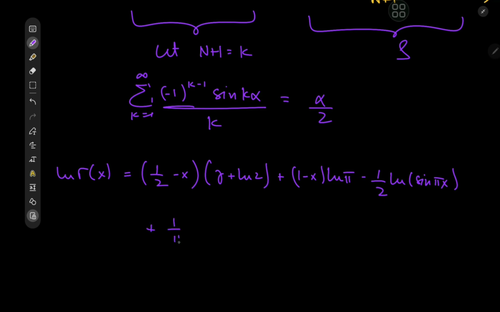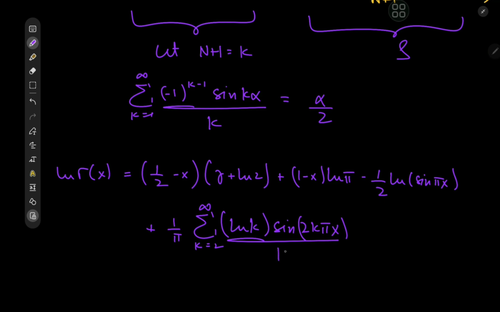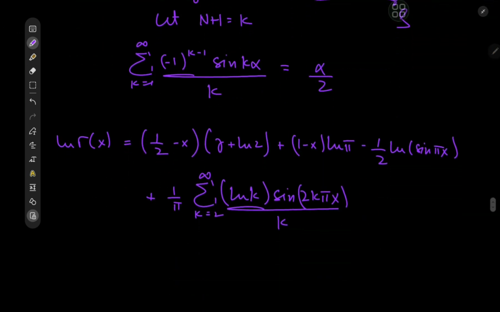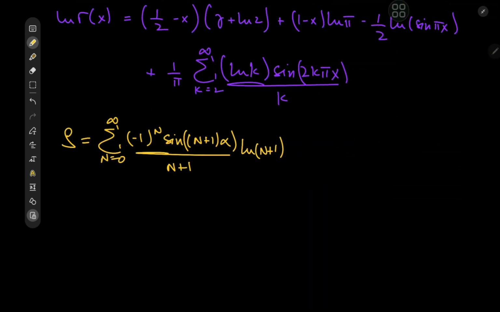And we have the star of our show, 1 by pi times the sum over k from 2 to infinity of log k times sine of 2k pi x divided by k. And it is this term that we need to transform into our legendary looking sum S. So first things first, let me introduce a shift in the index variable, but we're starting off at n equals